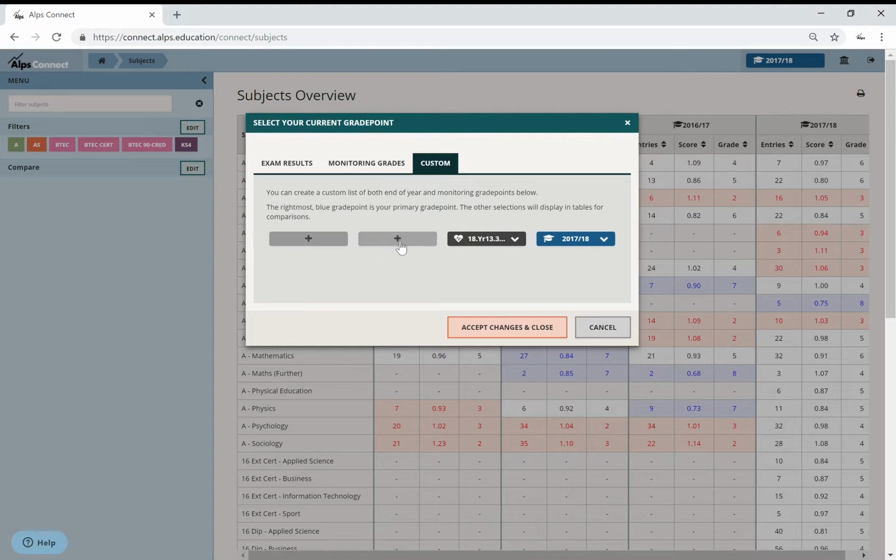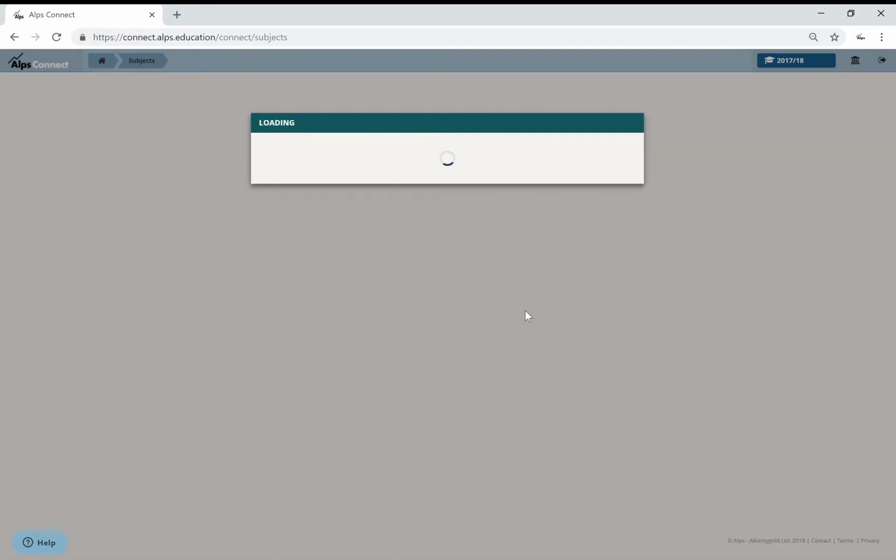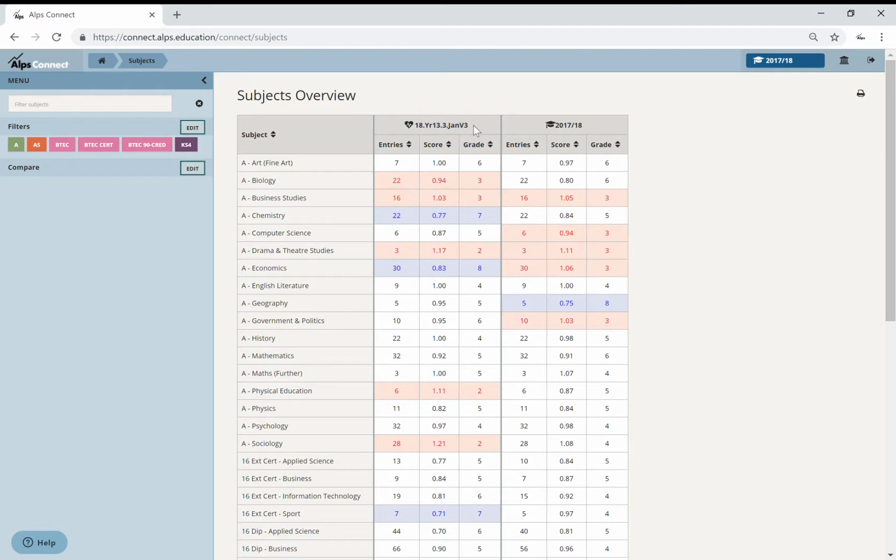So I'm going to clear those two. I could have more than one monitoring point across last year. For simplicity in this video, let's just look at one monitoring point. So what I've got is that's their prediction leading up to the exam. That's their actual exam outcome, and I can get a feel for what they did in terms of predictions versus